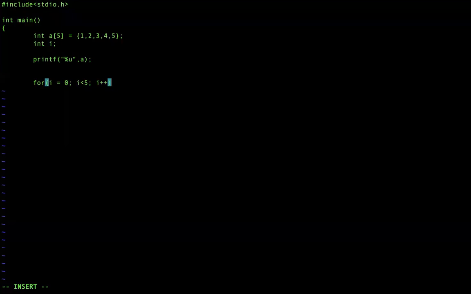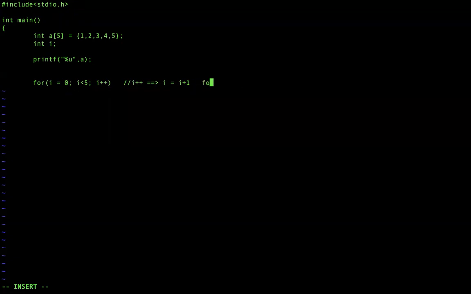Yes, it's increment. So i plus plus is equal to i plus 1. So simply one increment. If you want i plus 2, you need to write it manually here, i is equal to i plus 2, in place of this. But if you want just one increment, it's enough to go for i plus plus.